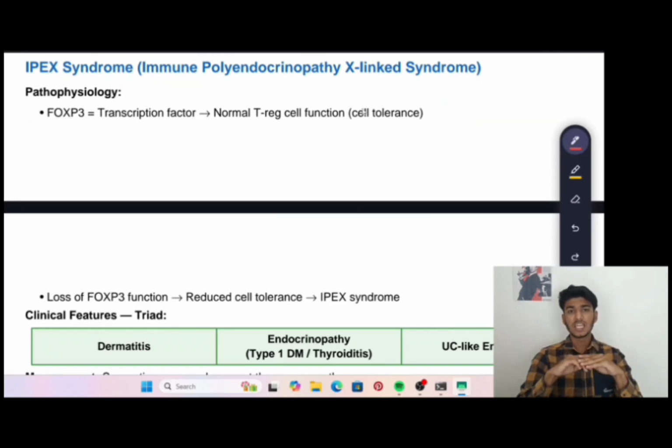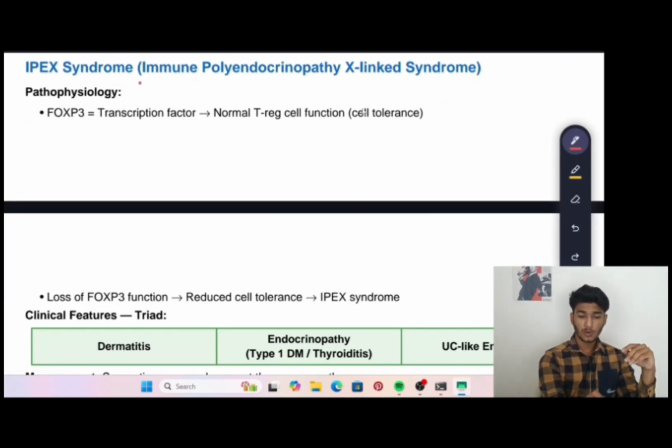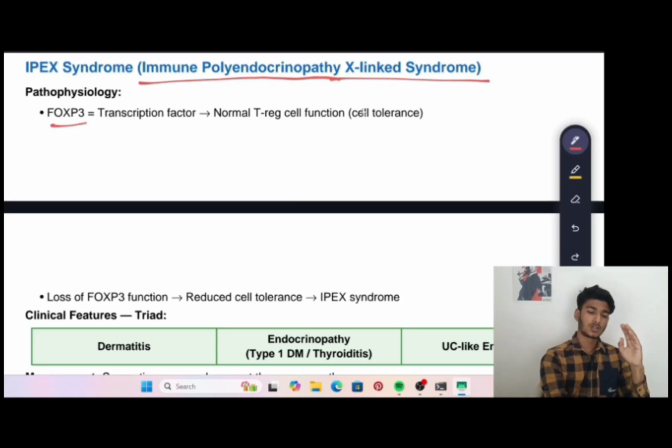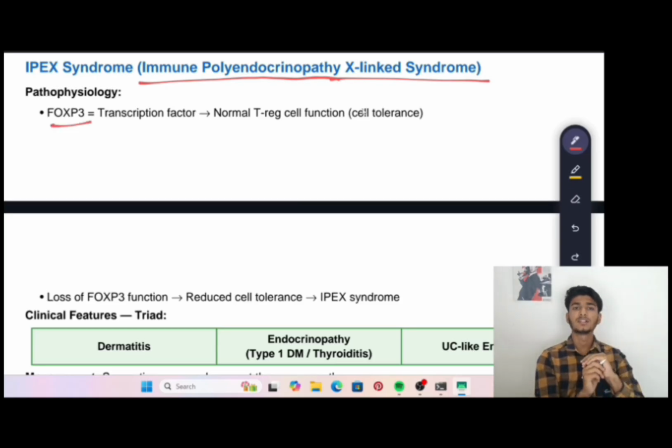The next thing is IPEX syndrome, which is immunodysregulation polyendocrinopathy enteropathy X-linked syndrome. What is the pathology of this syndrome? Here, the FOXP3 gene is involved. The FOXP3 gene acts as a transcription factor, and this is important for regulation of T cells. The regulation, what regulation? The tolerance capacity, the cell tolerance capacity, basically. If there is loss of FOXP3 function, the cell tolerance will decrease and it will lead to